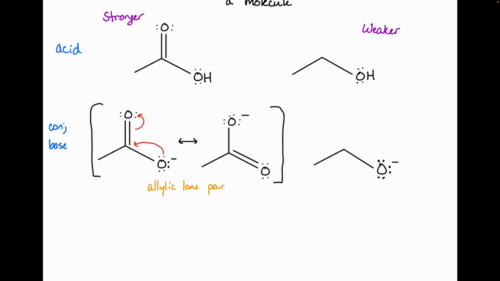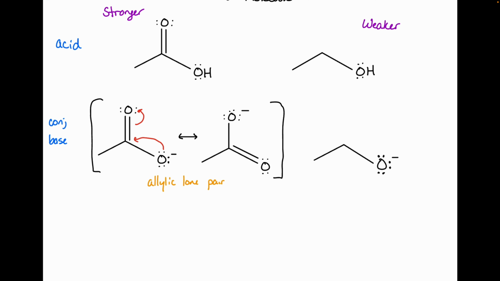All right, and the fact that I can draw these multiple resonance contributors means that we have a resonance stabilized molecule here. Again, that negative charge isn't just isolated to one of those oxygens, it's bouncing back and forth between the two of them. Really not bouncing, that's the opposite of what I told you to think about. It's simultaneously spread out between the two of them, which is stabilizing that negative charge, right? So this one over here is more stable